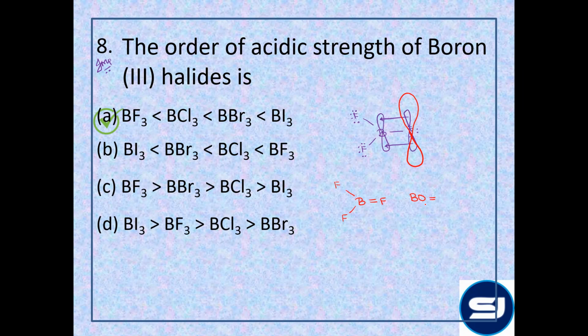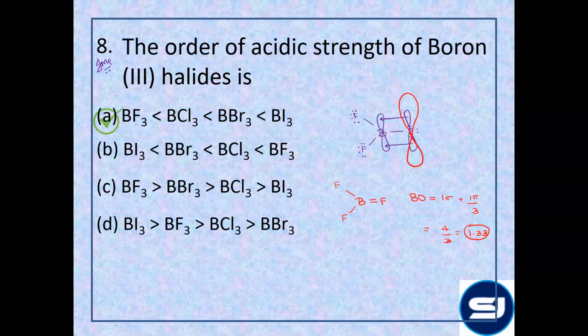Bond order: 1 plus 1 by 3. 1 sigma and 1 pi divided into 3 positions, which is equal to 4 by 3 or 1.33. Very important point for the bond order of boron halides. ठीक है? और एक चीज, if they ask you the boron का halides का acidic strength compared with the other